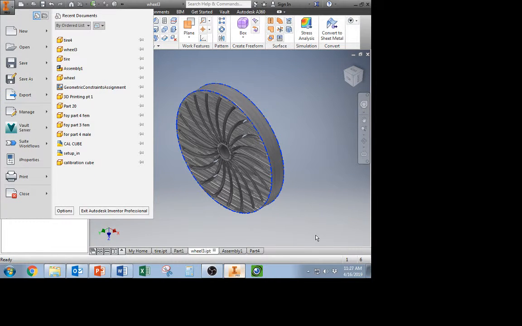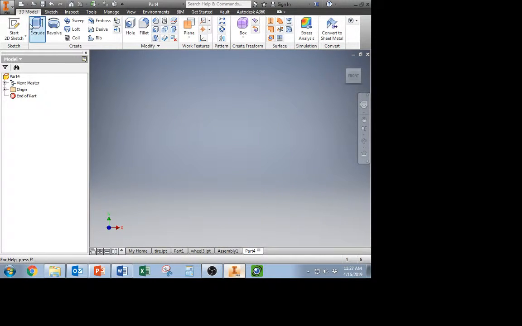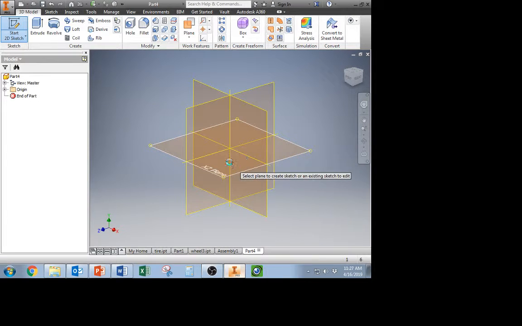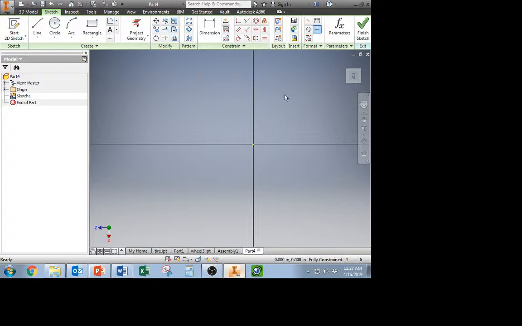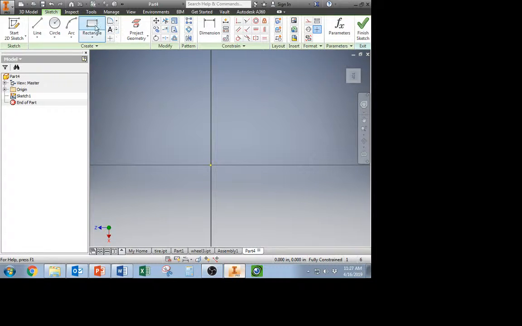So we're going to start a new part file. Then we'll start a sketch. So basically what I'm going to do is a profile of the tire and then revolve it. So I'm going to put in a line, and this line is going to represent the radius of the tire. So the tire is 1 inch in diameter, so that's 0.5 inches for our radius,